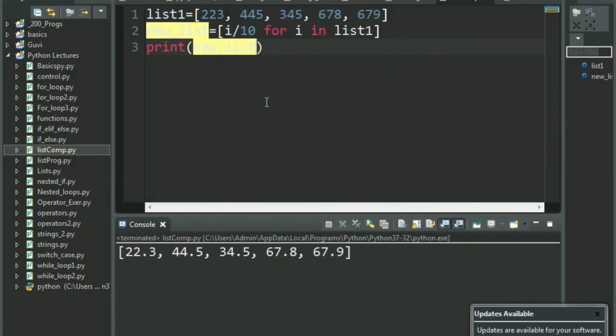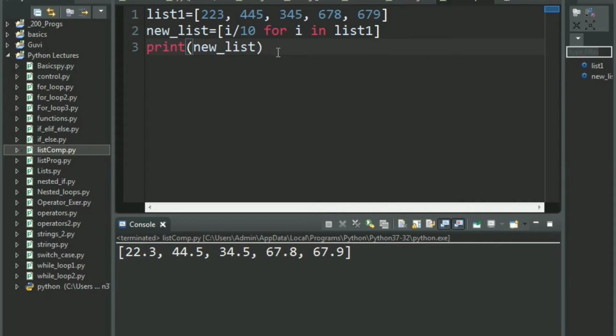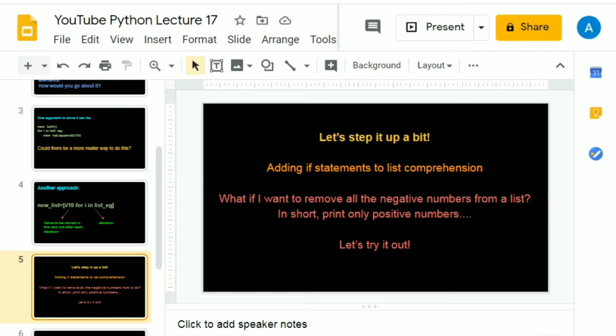See how simply that one sentence, that one line, could change it into double digit numbers for us. Pretty simple, isn't it? Instead of giving a specific empty list, then providing the for loop, then providing an append function, it's pretty simple, isn't it? So this is how list comprehension basically works. Okay, now let's try out a little more.